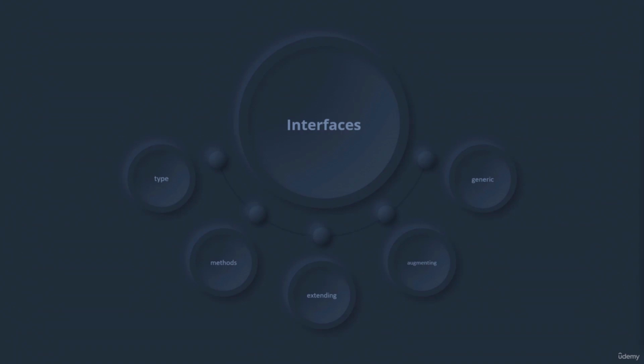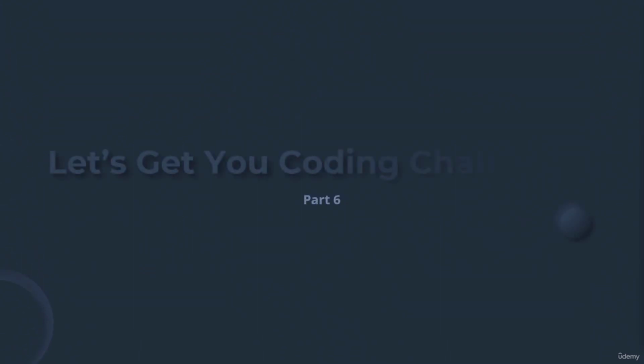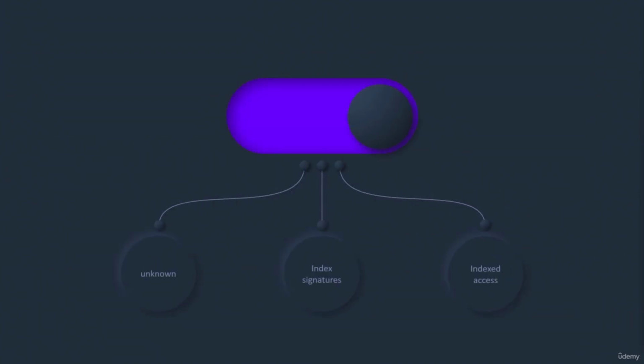We're going to talk about what an interface is, interface methods, how we can extend interfaces, how we can augment them, and what generic interfaces are. Then you're going to have challenges for interfaces. Then we're going to talk about another